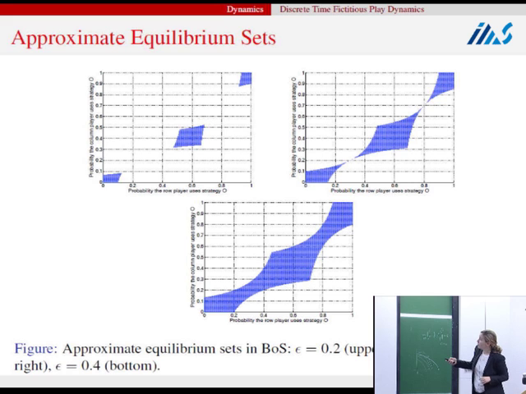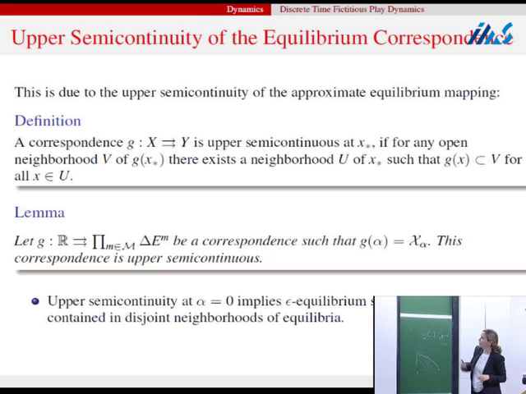So what's an implication? Well, why is this true? First, this is basically coming from the upper semi-continuity of the equilibrium correspondence. How much time do I have? 4 minutes. So let me skip this if you can. I was going to explain this, but if you can take for granted that this is true. The equilibria exhibit very weird behavior because the equilibrium correspondence only has this upper semi-continuity property. It's not continuous, but upper semi-continuity enables us to establish that for small epsilon, epsilon equilibria sets are contained in disjoint neighborhoods of the equilibria.